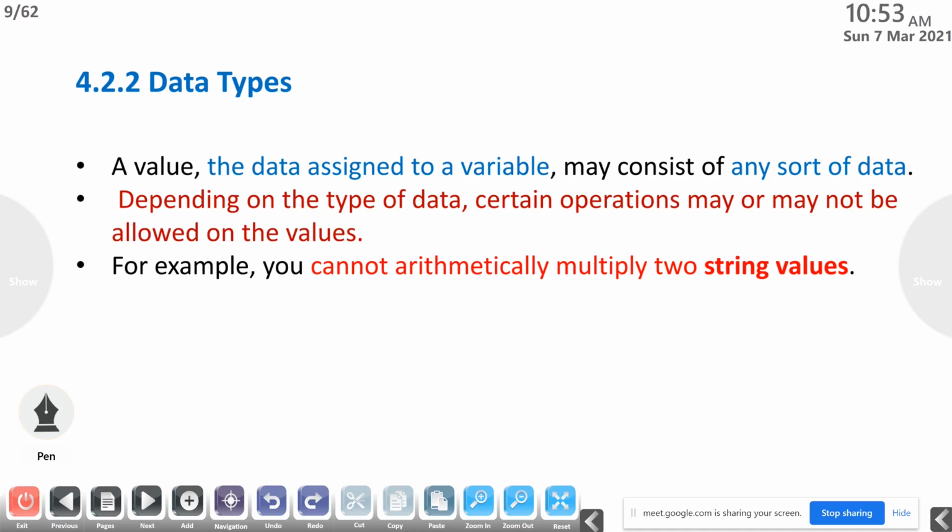For example, my_name equal to "Jeevan", and my_age equal to 20. Jeevan is one value, 20 is another value.